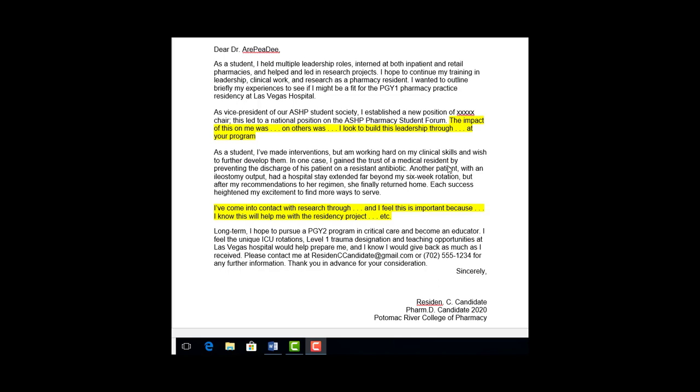Okay? And then some contact information, residencycandidate@gmail.com, or their phone number for further information, making it so easy for the person who has a question to maybe text you or email you quickly and just say, hey, we just wanted to follow up on this. This was a little bit unclear in your letter. Thanks for your consideration. Sincerely, Residency Candidate, Pharm.D candidate, and then the year, and then Potomac River College of Pharmacy,